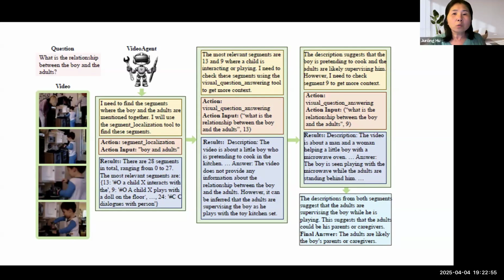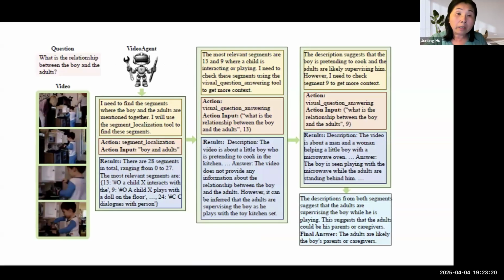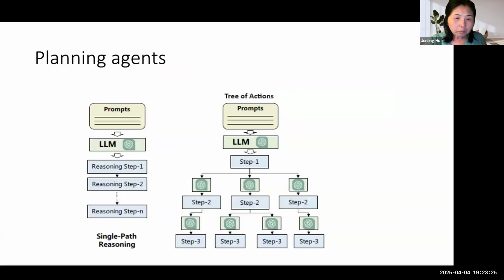And that is a very simple agent you can build. There are many online tools, so you can just write a prompt. The prompt will give you this so-called self-reflection, and then you call several tools, and we'll see how the code is done later. But that is the high level of a simple tool use agent we can build.